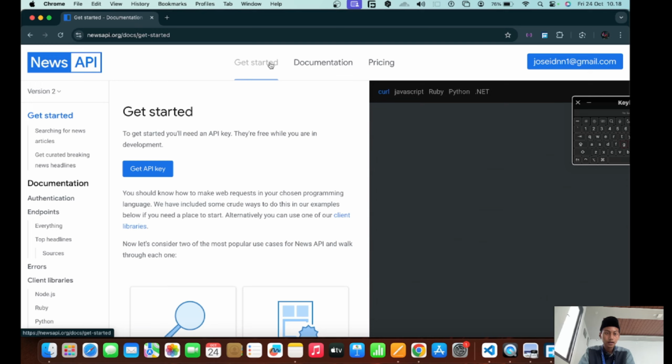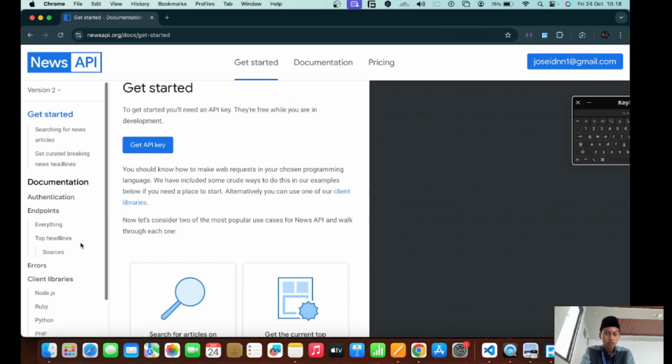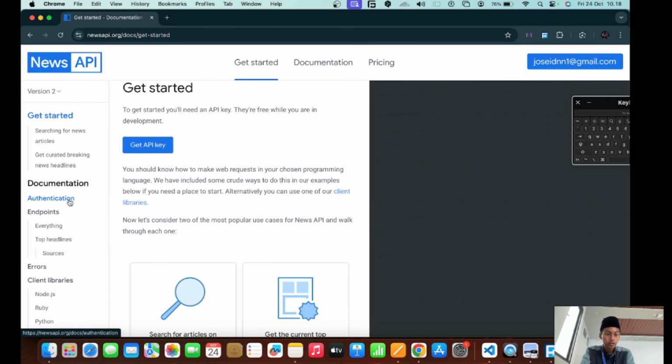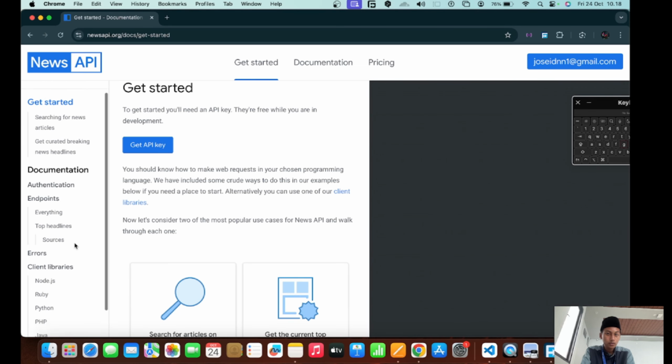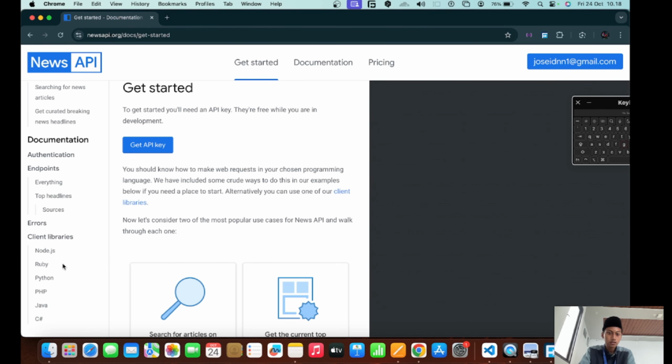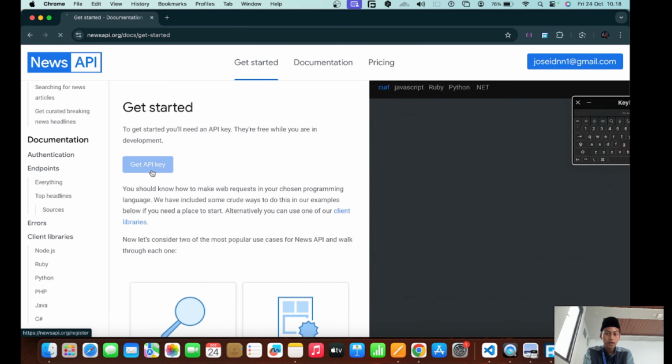Here you can look at the features: documentation, authentication, endpoints, everything, errors, client libraries, and others. And then you can use get API key.